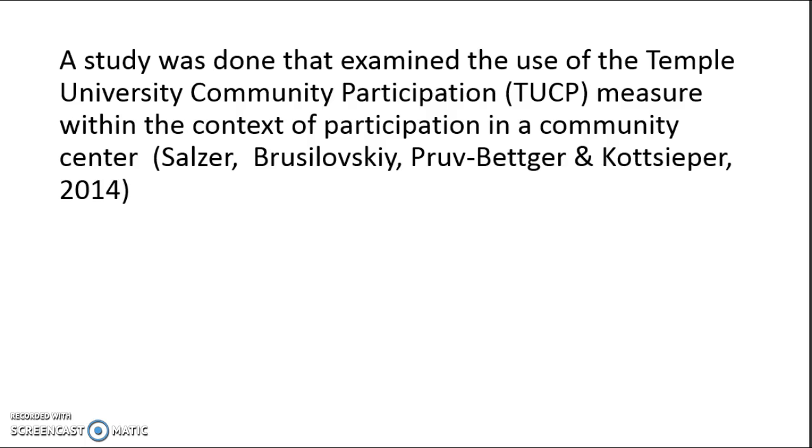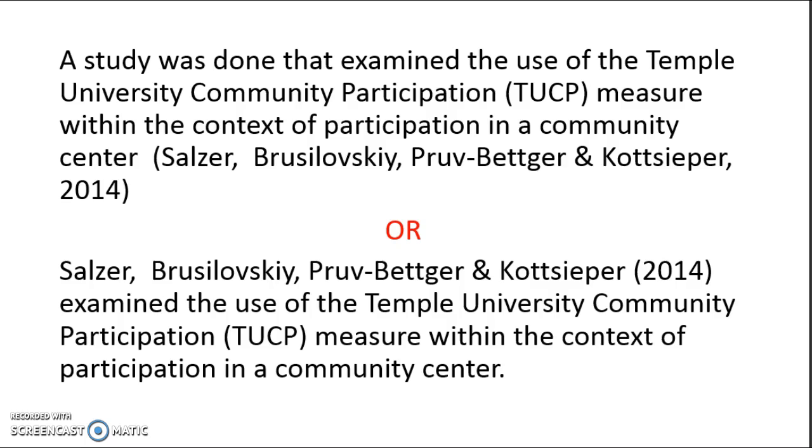Next, we want to introduce the article itself. This orients the reader to the specific article that you are reviewing. So you might say this, citing appropriately at the end of the sentence. Or you could do an in-narrative cite where you include the verbiage of the cite within the context of the sentence itself. Either is fine, and mixing them up occasionally gives your reader some variety. Note that the APA varies the format of the cites by how many authors there are. In this case, we fall within the 3 to 5 authors category, so I will fully list out all authors the first time I cite them, and then use the first author plus et al. in subsequent cites.